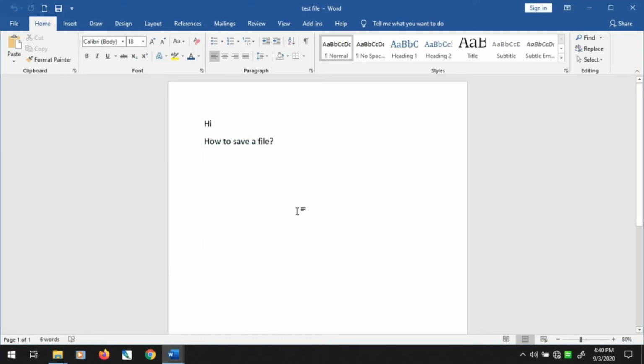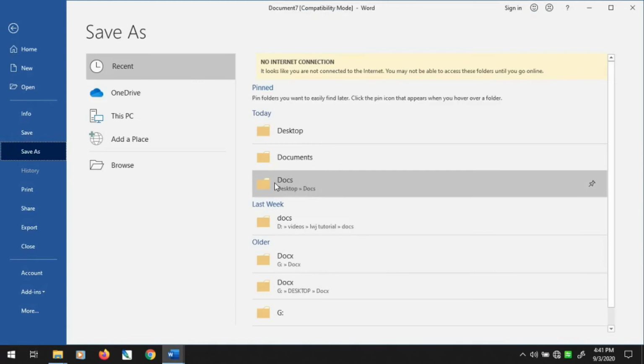So I am just creating a new file. Okay, let us just type here something else. Okay, so we have written here in our text area. Now we will save that file by using the third method, which is by using the shortcut key. So I am just pressing Control along with S from my keyboard. So I have just pressed it.